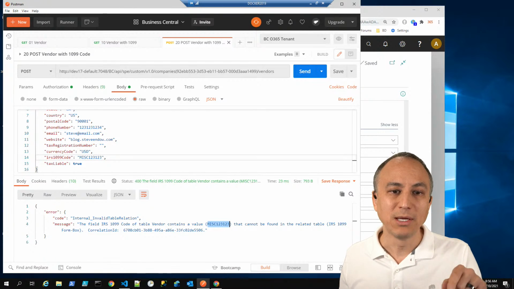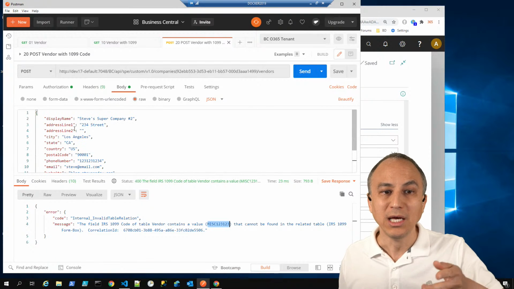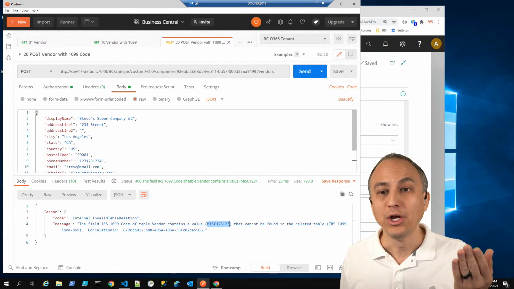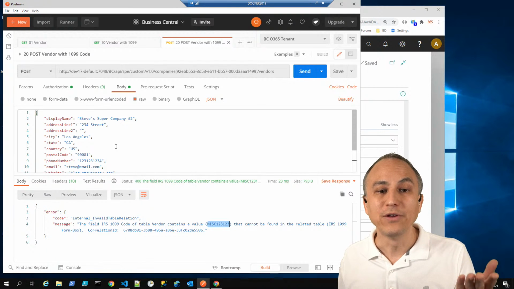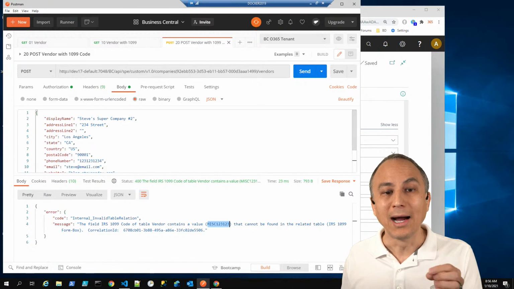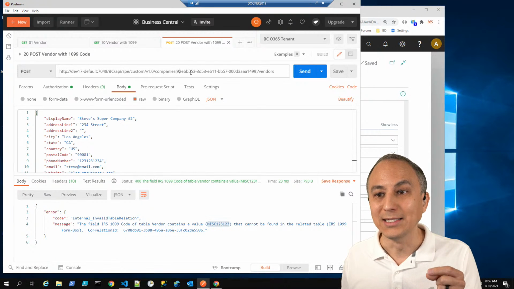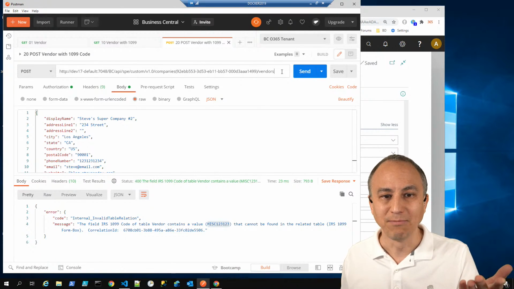And Jeremy points out that my mistake was, so you have 2 options. If you do a patch, you need to have the E tag. If you do a patch or perhaps a put, I need to have the vendor ID in the top so that it knows what vendor I am updating. So,